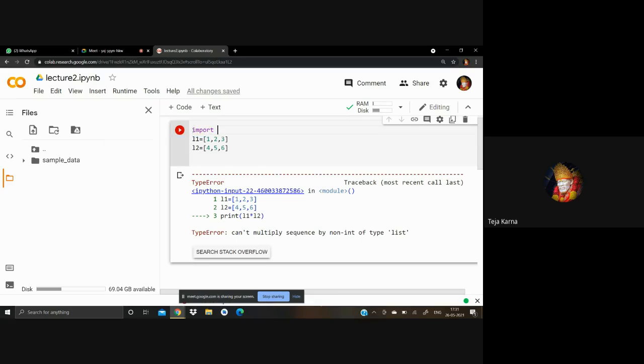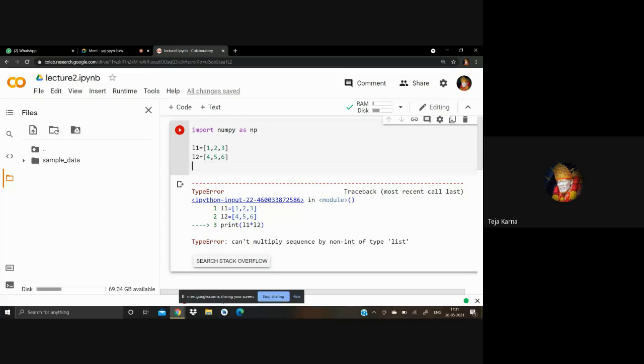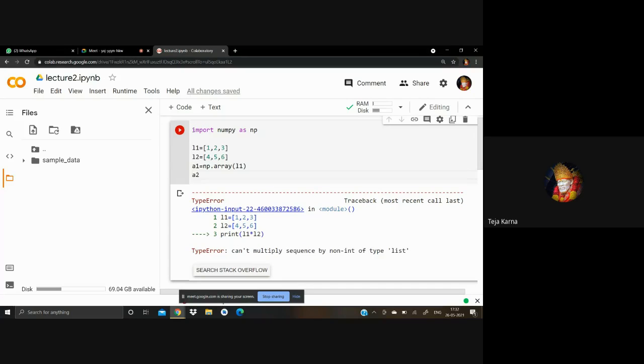Import numpy as np. Then A1 equals np.array of list 1, and A2 equals np.array of list 2.